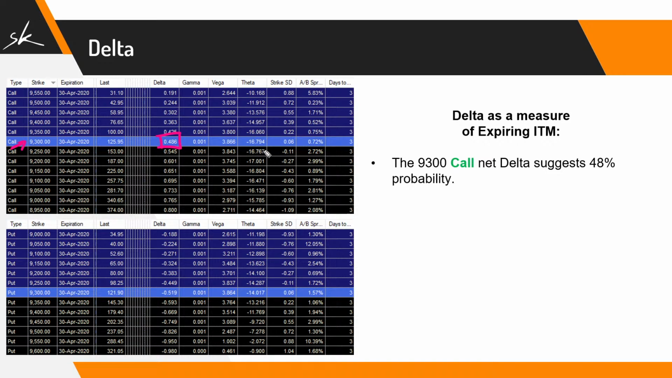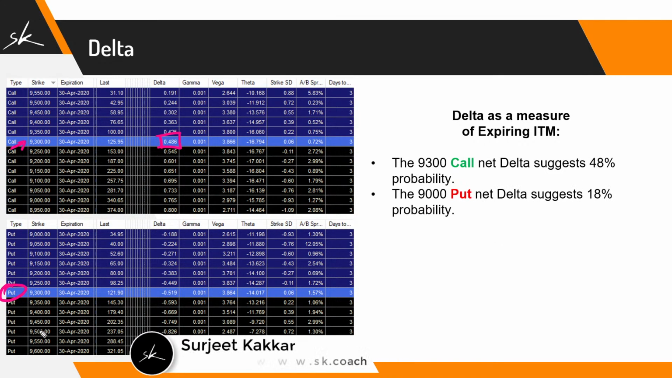But yes, it can remain out of the money, it can remain in the money. So this is basically what the value is. So it has almost a 48% probability. But similarly, if you look at the 9000 put, here you can see the put, which is the 9000 right